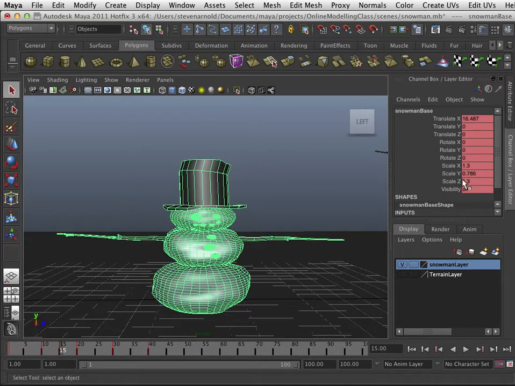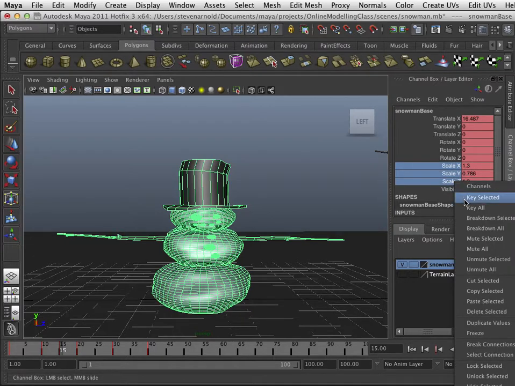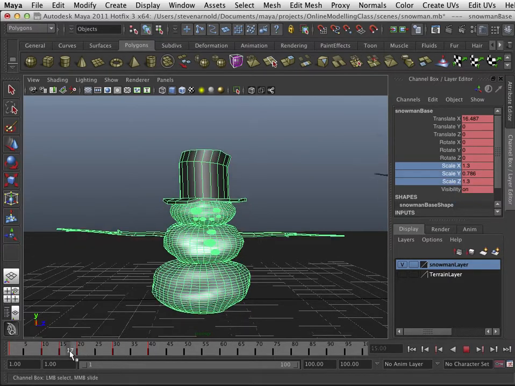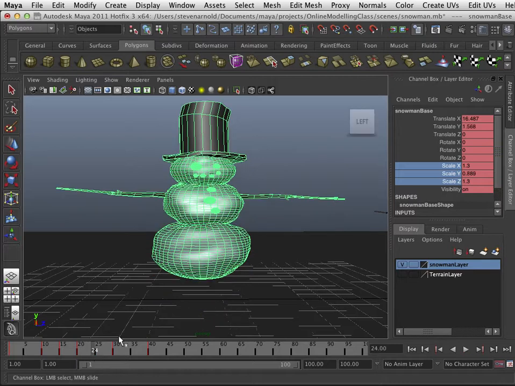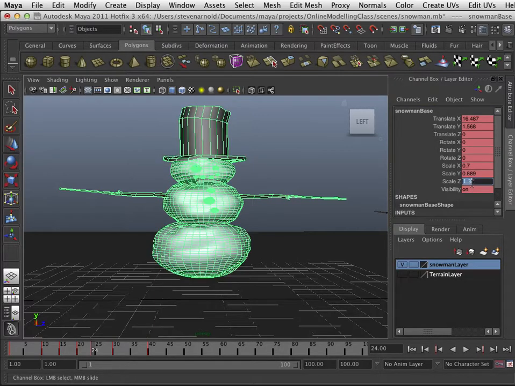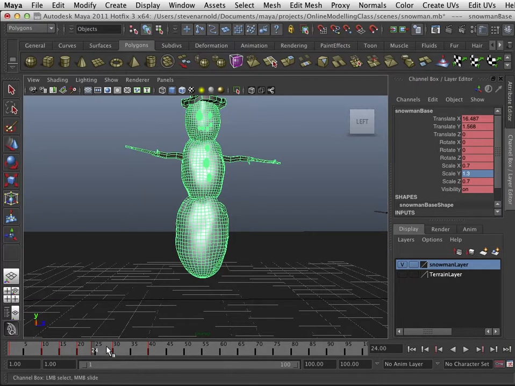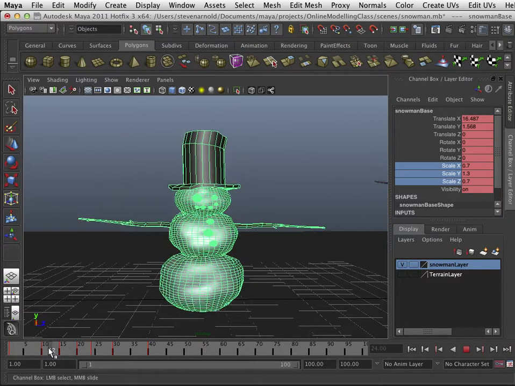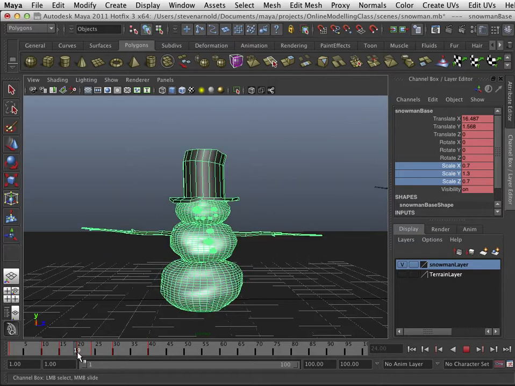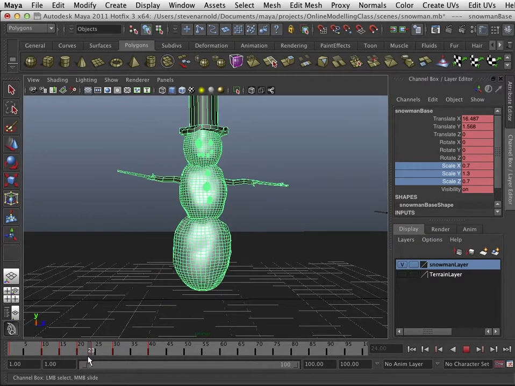so about right here, I'm going to set a keyframe in all three of these, and as it leaves the ground, this is where I would want to maybe reverse these, make the scale like a 0.7 and a 0.7 on the Z, and then the Y, stretch it to 1.3. So it's the very opposite of what we had before. First we were short and squatty, and as it leaves the ground,